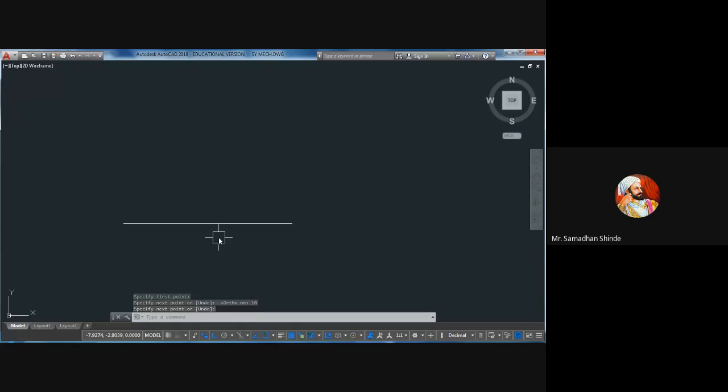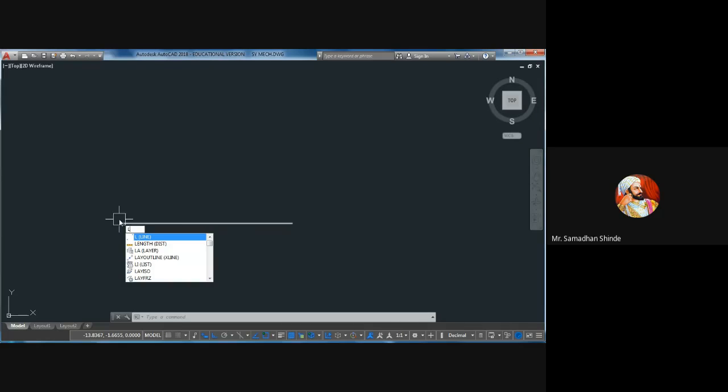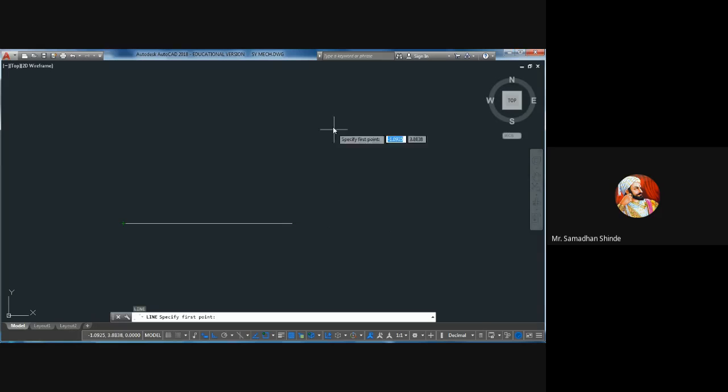The dimension is not given till now. So this is a simple line. How have I drawn? L, enter, specify first point, then specify distance, next point means distance, enter, like this. So this is line. If I want to give dimension to this,